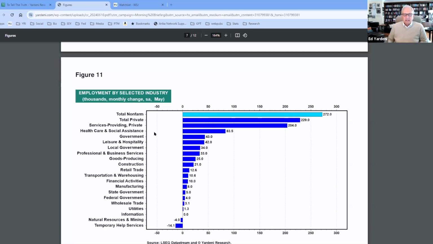We've got a lot of, some people call it illegal immigration, other people call it a lot of newcomers, whatever you want to call them. The government is probably in the position, especially local governments, as you can see, local governments have accounted for a lot of the increase. Maybe they're hiring school teachers. There's more kids being enrolled in schools, and there's also more need for social assistance. So that may be some of the explanation for why the government is so strong.